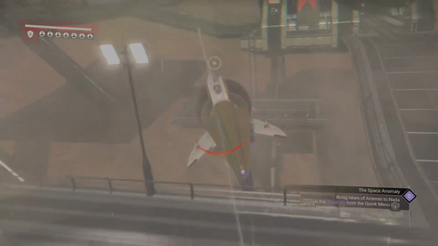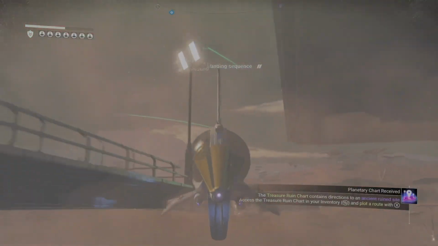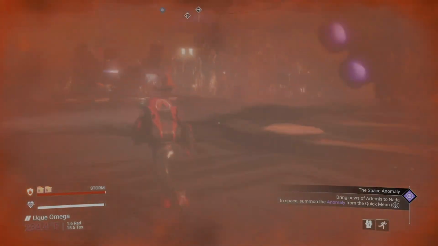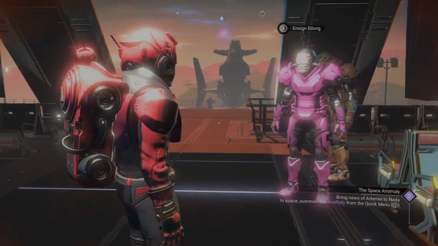And then I landed here. And this planet really was awful. It was so difficult to see. The storm here was just pretty awful. And I like storms, but this one I was like, I don't know if I really want to build a base here. But I decided to stay for a little bit and noticed that the environment, or I should say